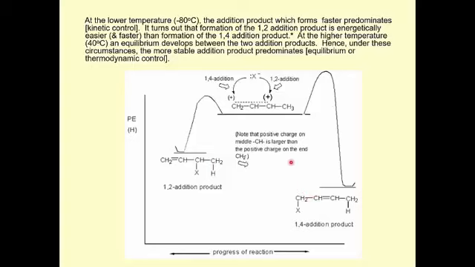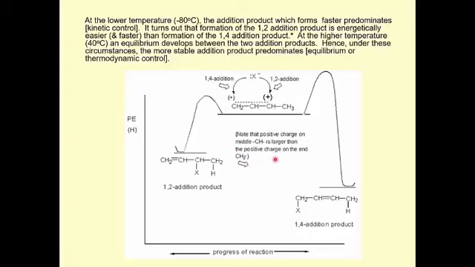Now, the chemists have come up with an elegant way to distinguish between those two, and it's this. At low temperature, they say that the reaction is kinetically controlled. Kinetic means that the one that forms faster predominates. At low temperature, the reaction is kinetically controlled. 1,2 addition predominates because 1,2 addition forms faster. At higher temperature, the reaction is equilibrium controlled, or some say thermodynamically controlled. The product that dominates is the more stable product, not necessarily the one that forms faster, but the one that is more stable. And in a nutshell, that's going to govern the relative amounts of 1,2 and 1,4 addition product